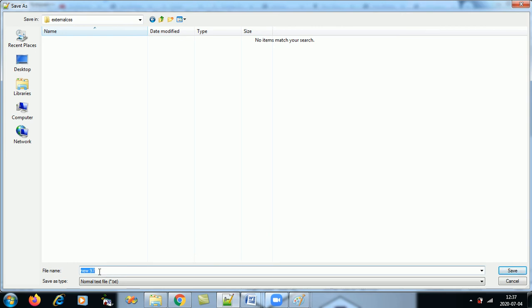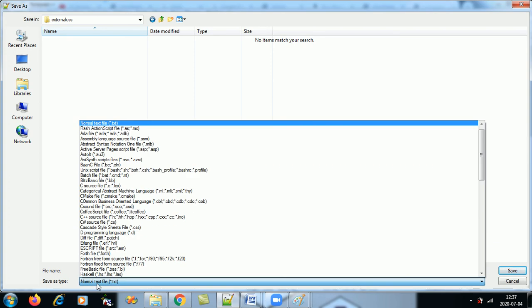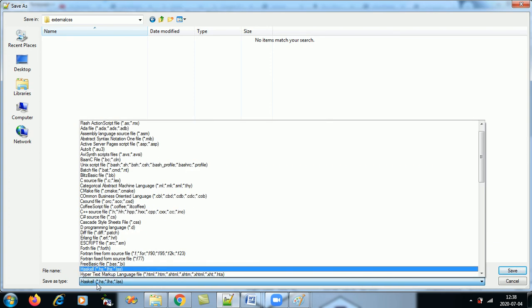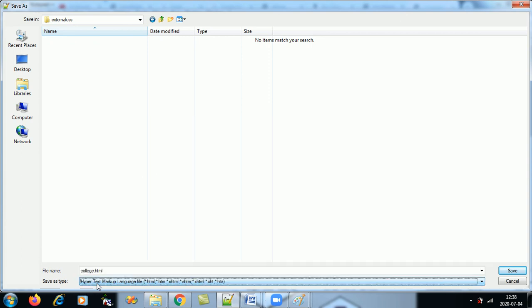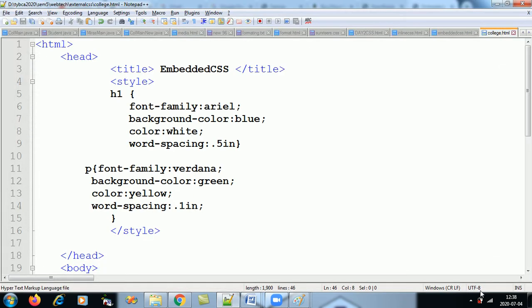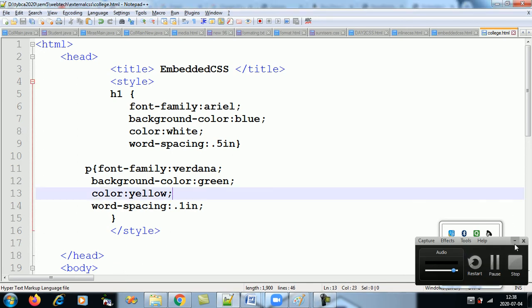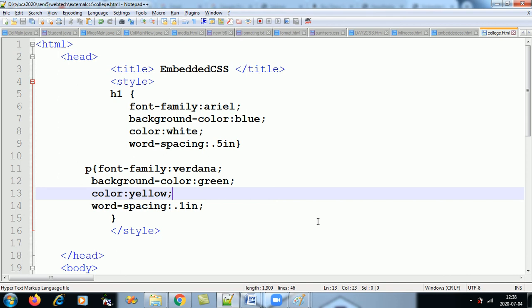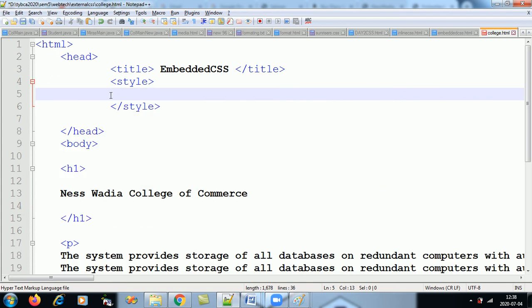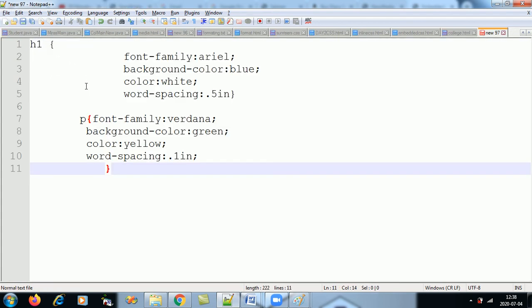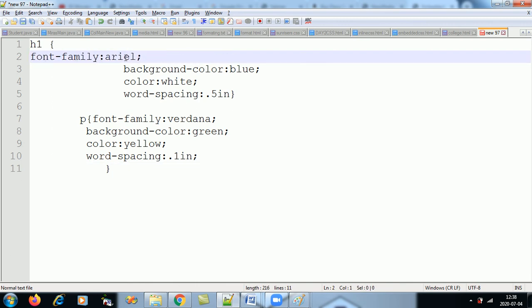I'll have to make two files, one the HTML file and one the CSS file. I'm naming the HTML file as college, and I'll remove all these styles and make a new file out of it, the CSS file, that will only contain the styles.